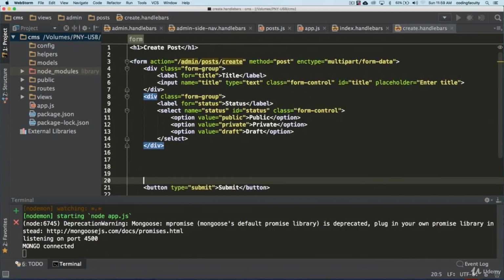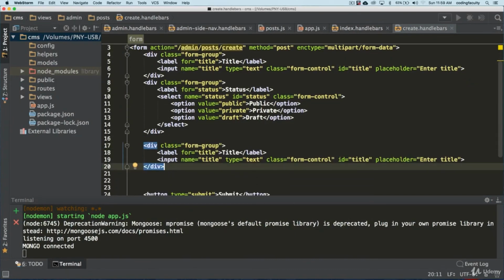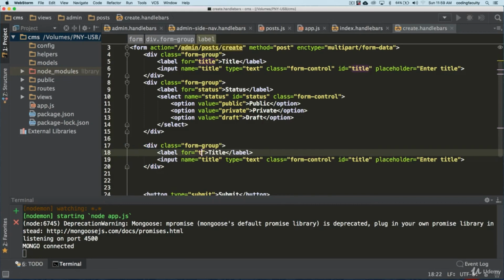So let's create another div form group here, and let's call this allow comments, like this.